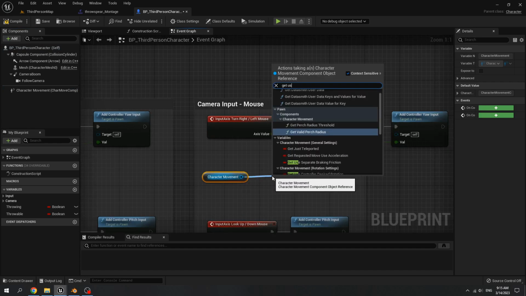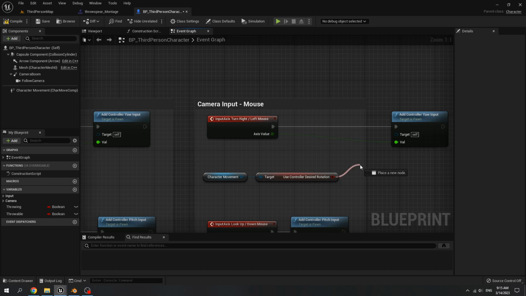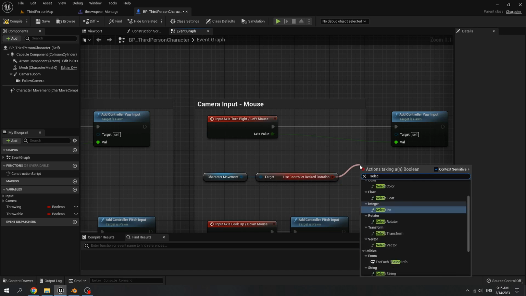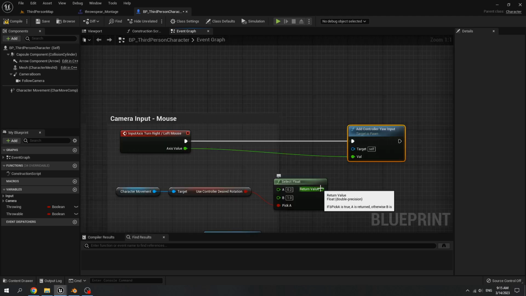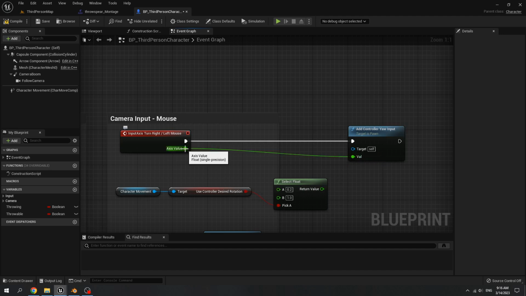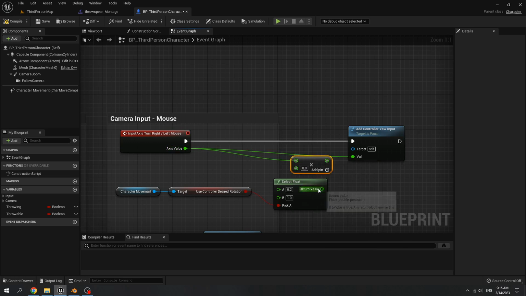Get use controller desired rotation. Then call select float. A value is 0.2. B value is 1. Connect it to the value. From axis value, multiply it with our value.